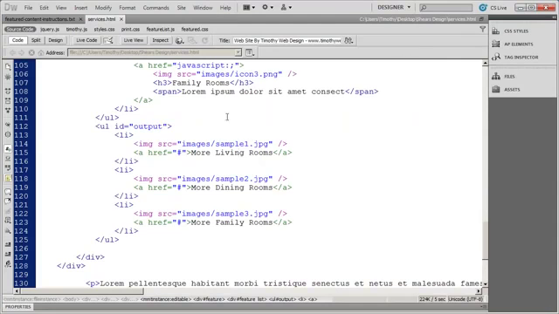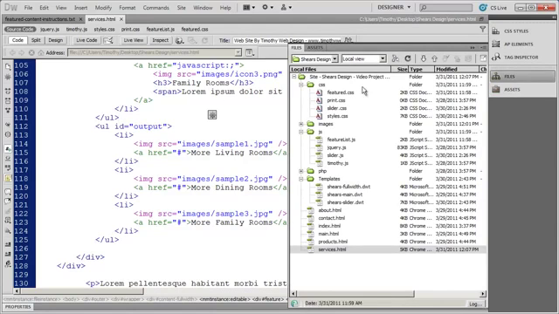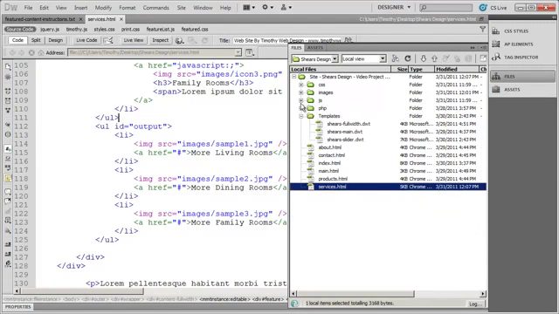So you could very easily come in here and add your own image just by putting the path to your image in there. You can change the text on the link box, and you can add a link. In this case, the links are just these number signs right here, and that's basically because the pages for living rooms, dining rooms, and family rooms have not been created yet. If I look over here in my files,